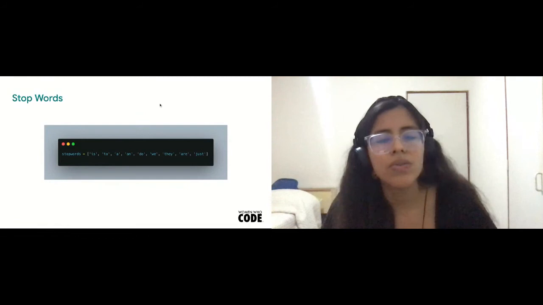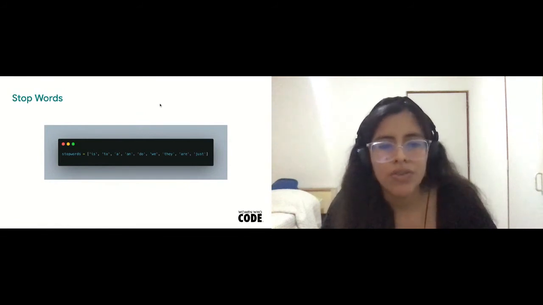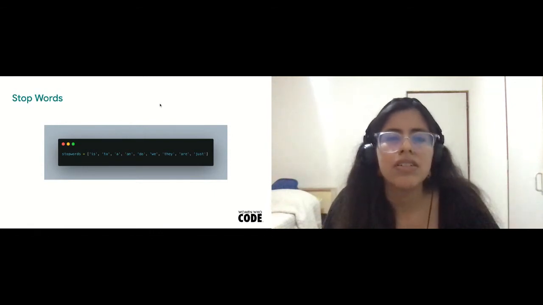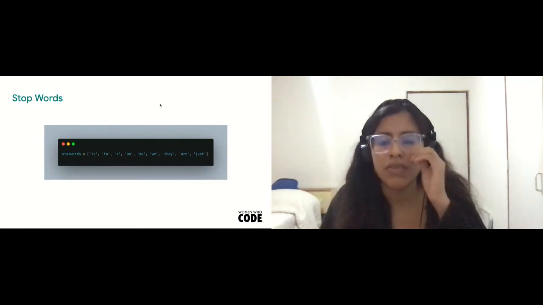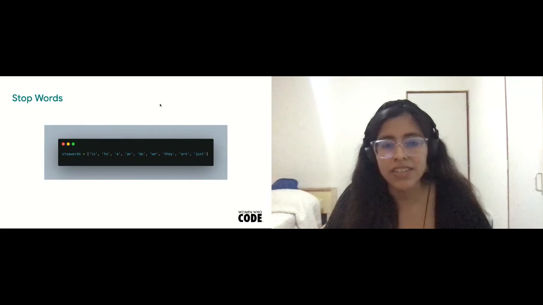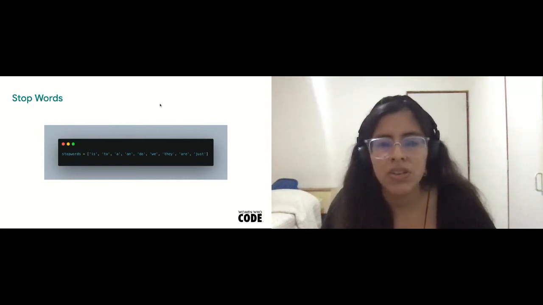Then what about stop words? Stop words, you can remove frequent words such as the, is, etc. They do not have a specific semantic meaning. If you detect some other stop words in your corpus, it's not necessary to collect them for your dataset. You create an array of all the stop words you need to delete from your corpus.